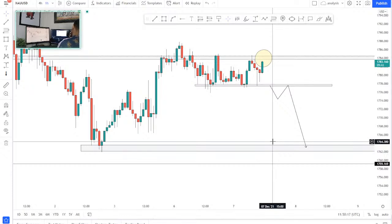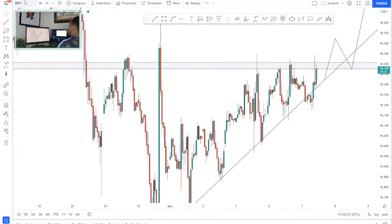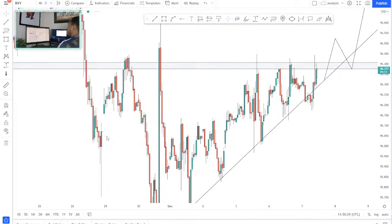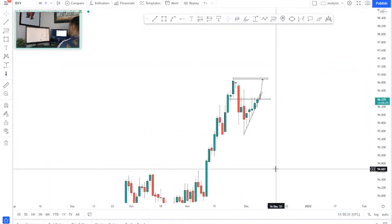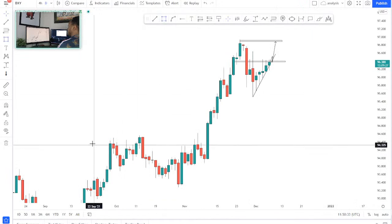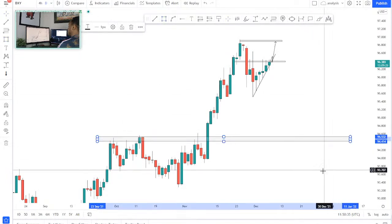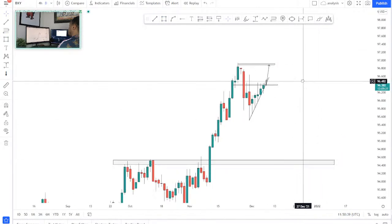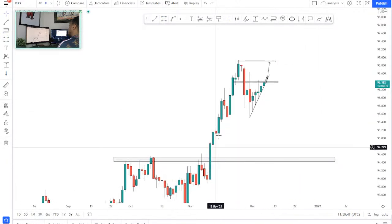Yeah, I mean, if you do see that weakness for the US, then yeah, gold will probably fly, to be fair. Because I still think we could see some downside for the DXY. I'm not too sure if we'll see it just yet, because I do think DXY will be coming back down to this area here to retest it soon. It might push some new highs before we do see that, but I think we will go and retrace this whole leg here